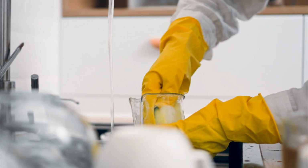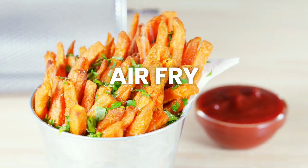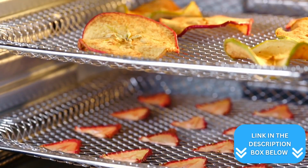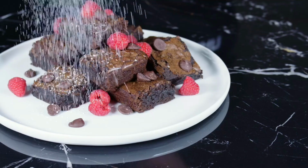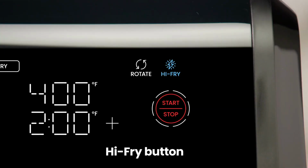scrubbing pots and pans. For those who love to experiment in the kitchen, the dehydrator function opens up a world of possibilities. Create your own dried fruits, herbs, or jerky with ease. The Chefman air fryer's versatility means you can replace several kitchen appliances with this single unit, freeing up valuable counter